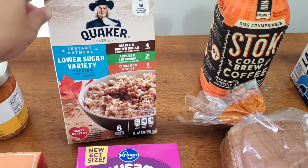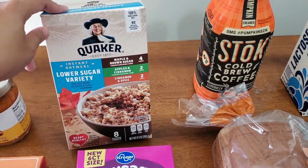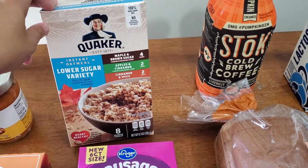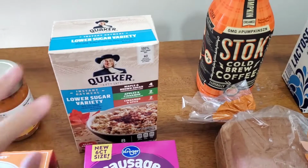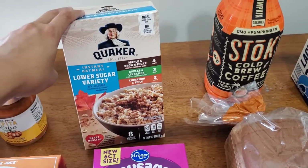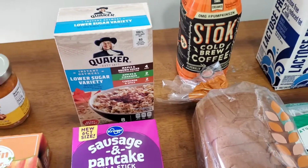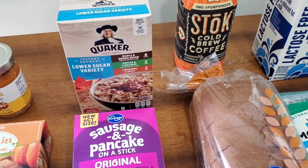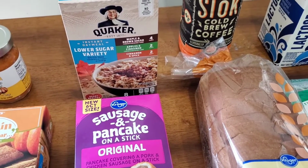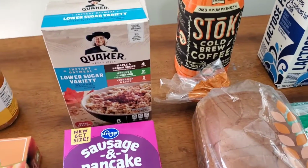Our favorite, my son's and my favorite type of oatmeal, is Quaker dinosaur eggs. They're just little sprinkle eggs that when heated up with liquid, the egg cracks and there's a dinosaur sprinkle in there, and we love that one, and it's just brown sugar flavored. But I got some lower sugar variety, and I also do buy the big canisters, and sometimes I'll put in some peanut butter and jelly or chocolate chips or banana brown sugar. So yeah, I could do that too,